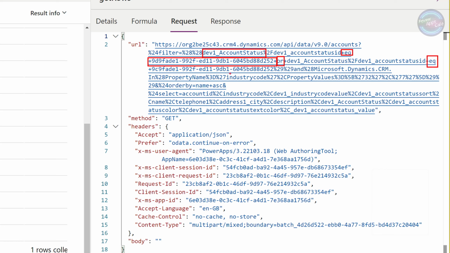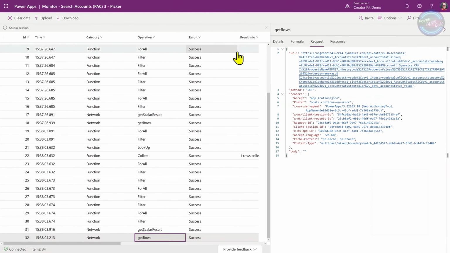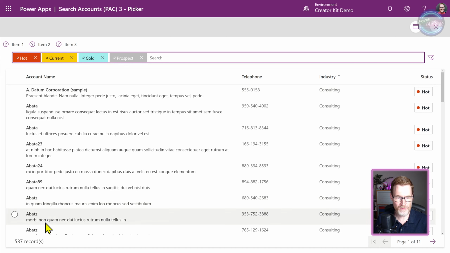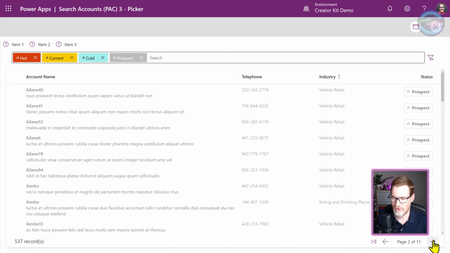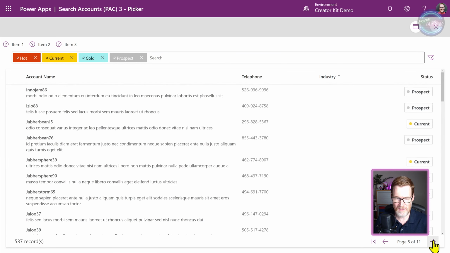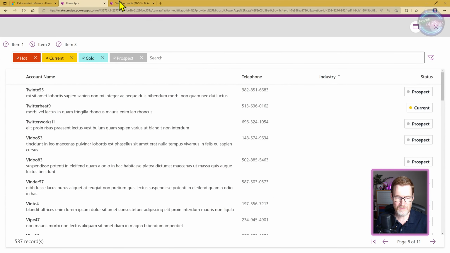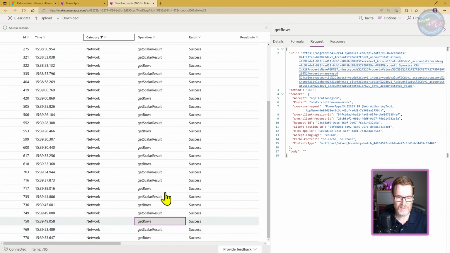So you can see it's all happening on the server. And if we page through it, I've added in 4 status filters there, so that gets us up to 537.